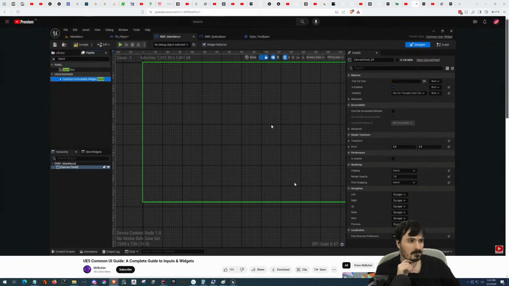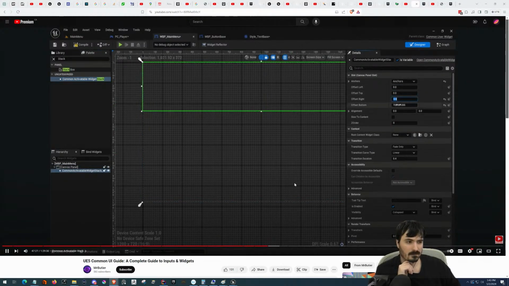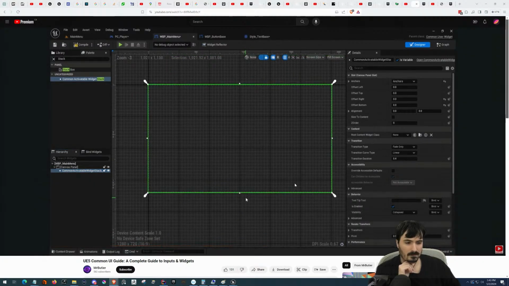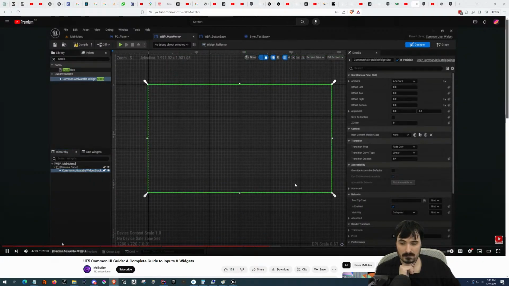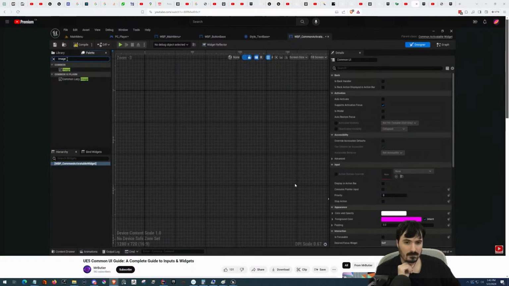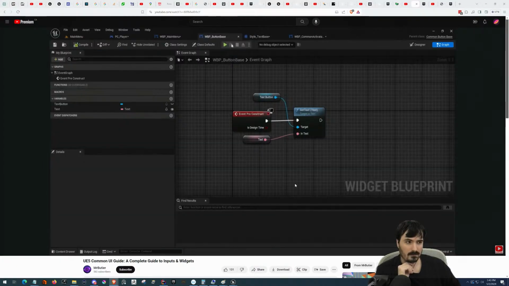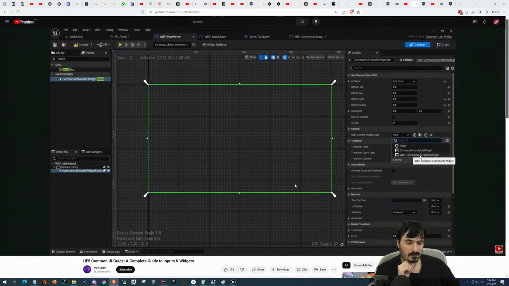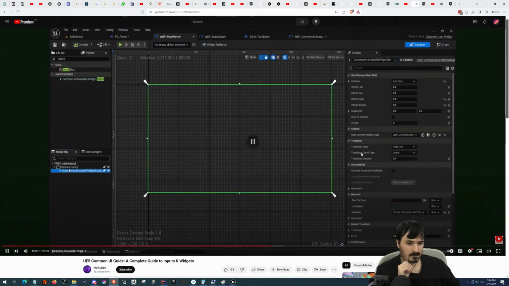So what the stack is, if we just pull it in and do this, we're going to stretch it to be the entire canvas. What it will do is it'll be able to add any type of activatable widgets that we make. So like I said before, where we create our activatable widget. So whatever we wanted to add in here, let's just say we threw in an image. What we could do is under root content widget class, we'll be able to select our widget that we made. And if we hit compile,